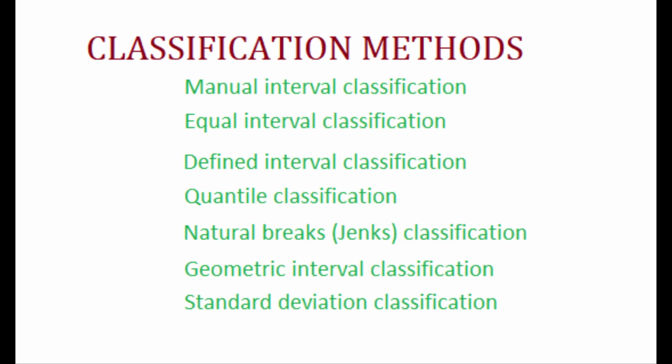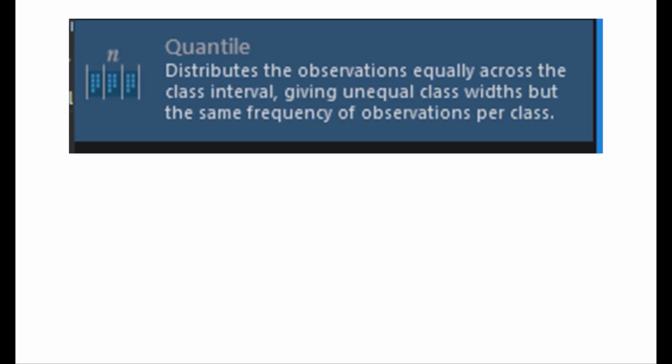ሌላው አራተኛው it is a quantile classification method with quantiles ምንድነው አምስትም ክላስ ይኖረን ወይንም አራትም ክላስ ይኖረን all classes have the same number of features or n number of features እና ደግሞ the observations will be equally distributed ማለት ነው ስለዚህ with this quantile made into classes then these classes each with the same percentage of data points